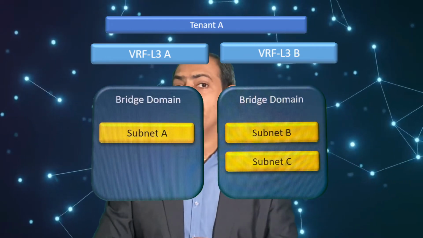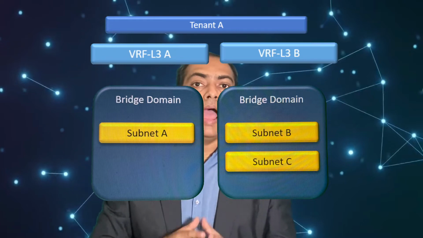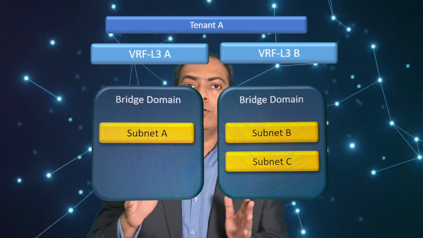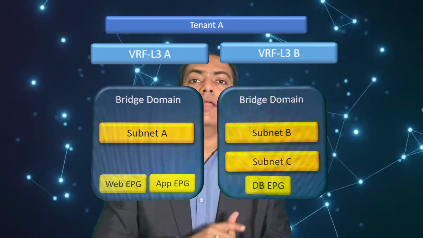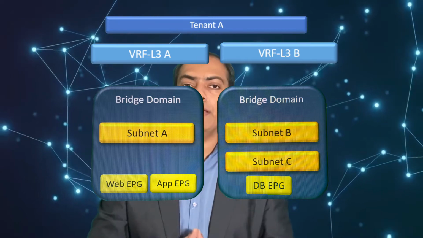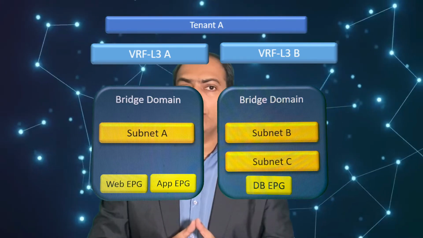Within tenant, you can plan for one or multiple VRFs. VRF is nothing but a private network or IP address space. Under VRFs, you can plan bridge domains. Bridge domains can contain multiple subnets under them, and it is similar to layer 2 broadcast domain. Under these bridge domains, we can plan EPGs or endpoint groups. In endpoint groups, you can have endpoints with similar characteristics. For an example, you can group all web servers in first EPG, all app servers in second EPG, and database